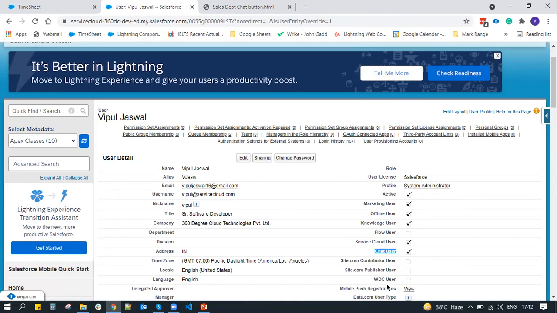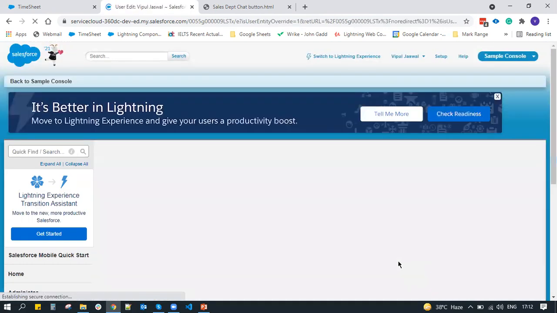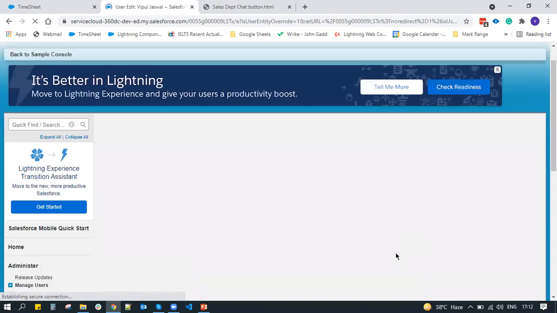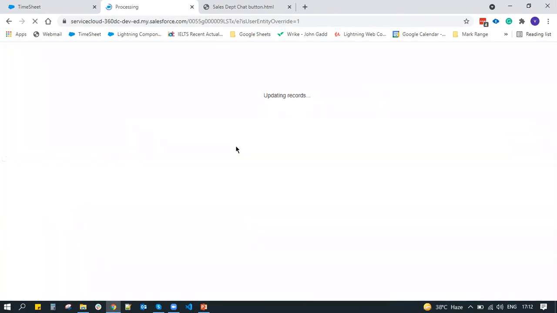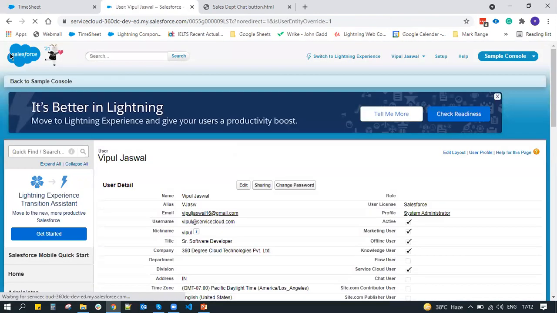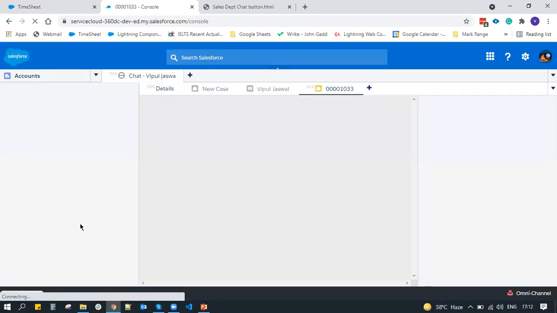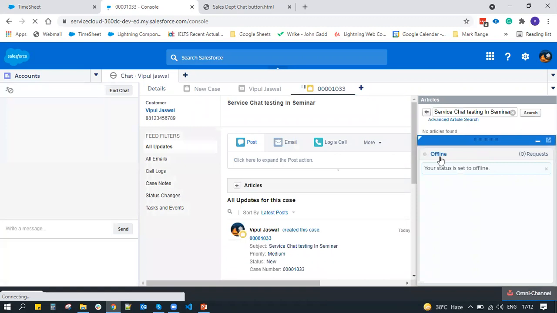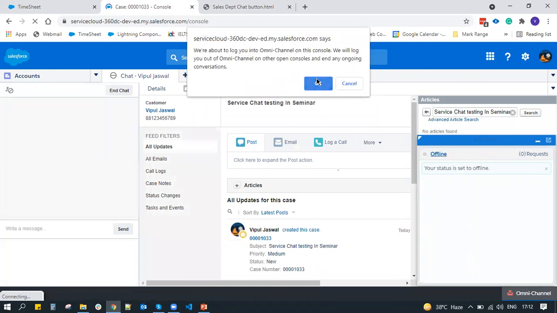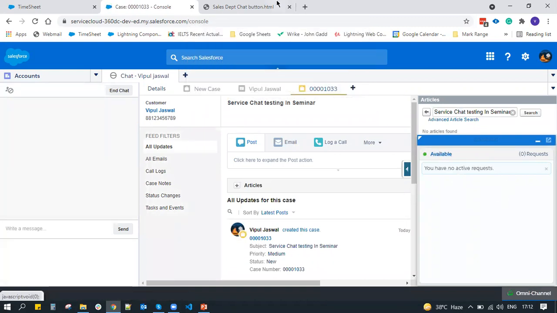If any of the users is not a chat user, for example, let's assume I try to remove this permission, or you can say this license, from Vipul Jaswal, and I go back to the sample console, I change the status to online again, right?